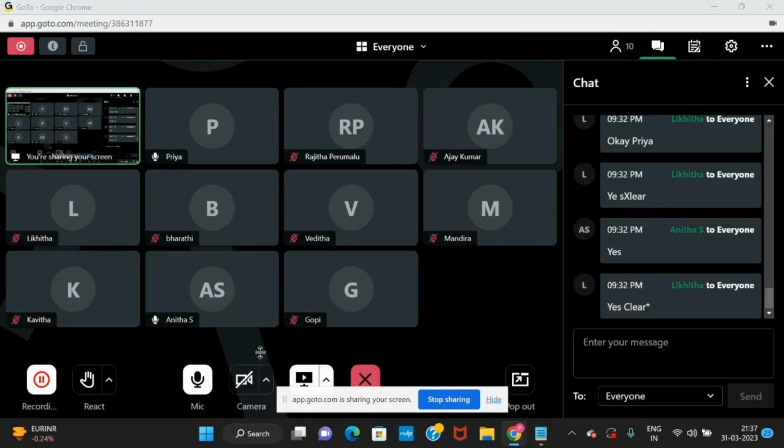Yes, Anita. Same methods and same variables are in the home page, we don't need to write again. Anita, your voice is very low. Yes, it's better now. Same methods and same variables we don't need to write in the child class. Correct.